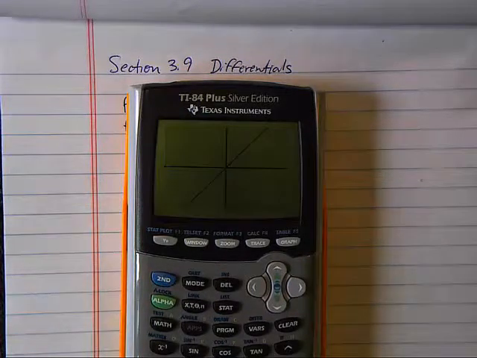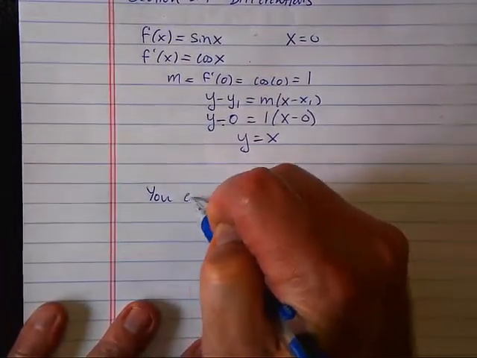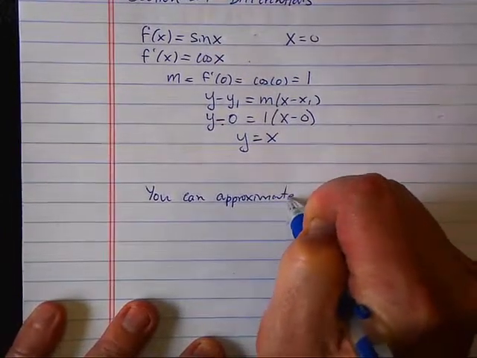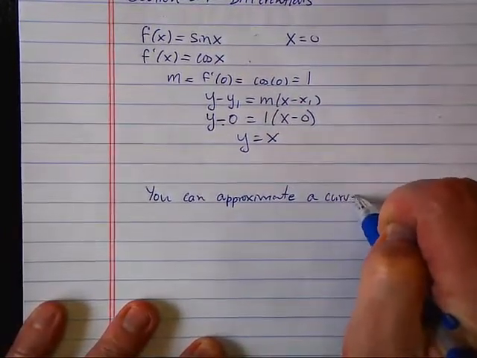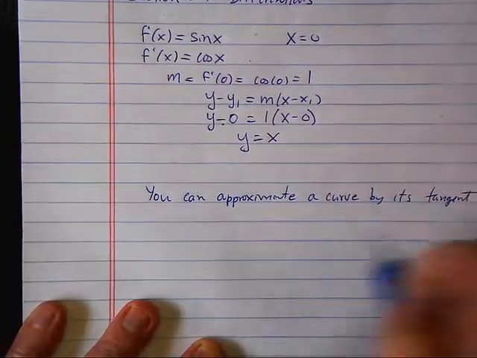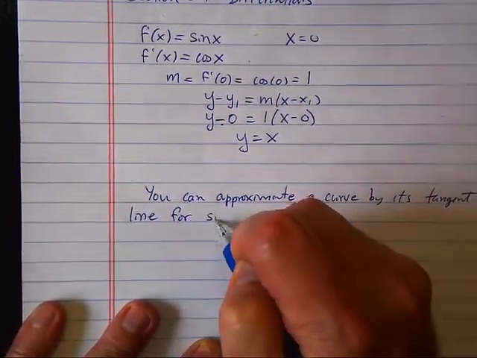That's the whole idea behind differentials. The idea behind differentials is you can approximate a curve using a line. And which line do we use to approximate the curve? The tangent line. You can approximate a curve by its tangent line for small values